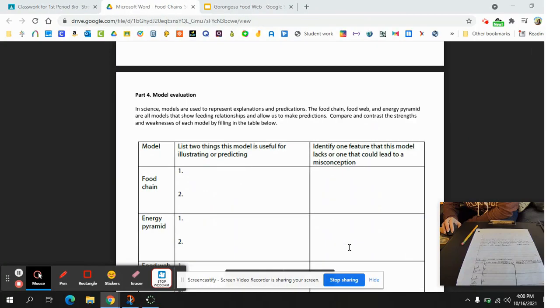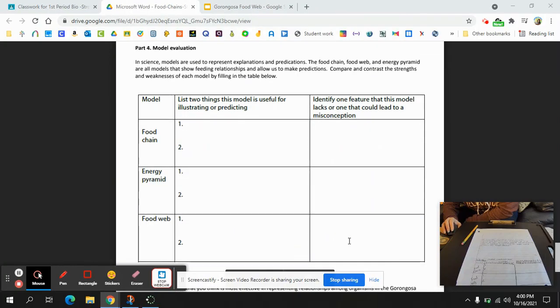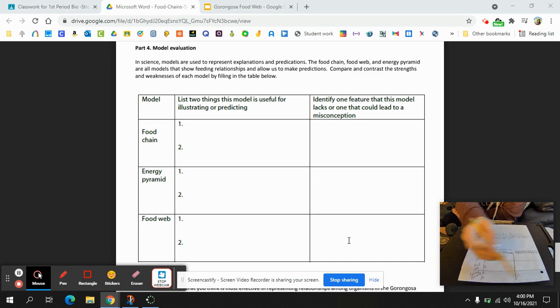All right, part 4, model evaluation. In science, models are used to represent explanations and predictions. The food chain, food web, and energy pyramid are all models that show feeding relationships and allow us to make predictions. Compare and contrast the strength and weakness of each model by filling out this table. So in your notebook paper, you need to put the table that is